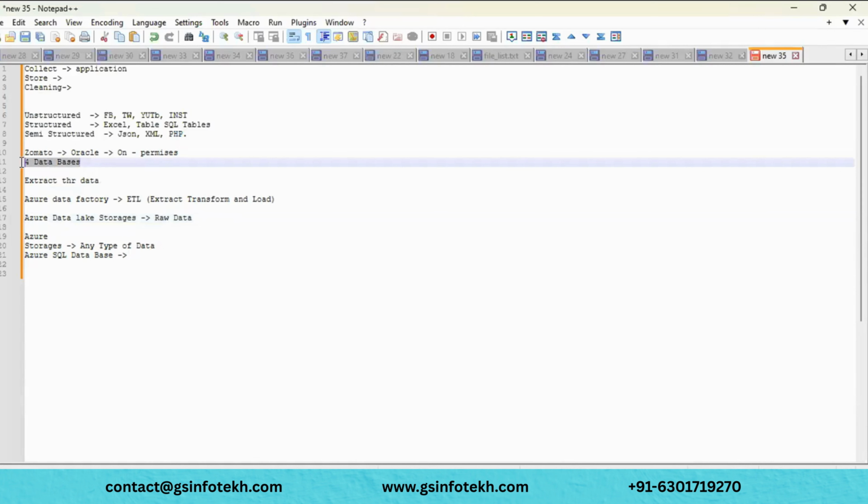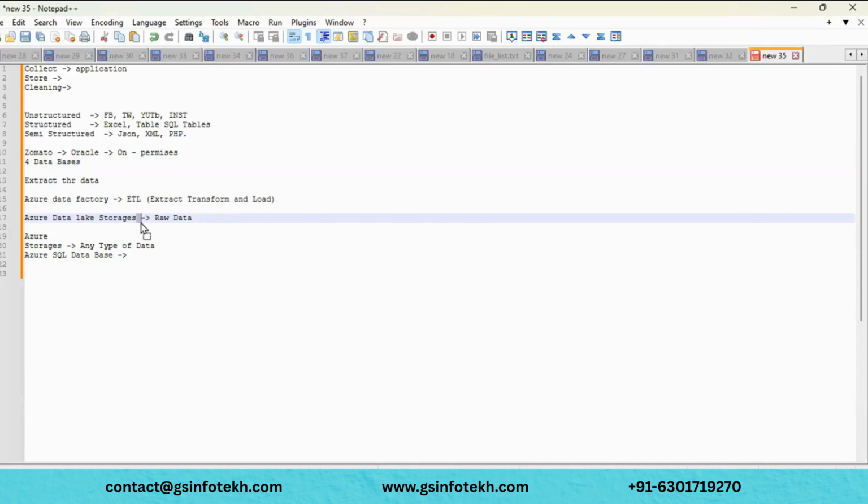Why? Because whenever you hit this database, obviously it will create some slowness, because whenever you are performing some transformation you would always need to hit this Oracle database, and that hurts performance. So we will extract this data from these Oracle databases during non-business hours and place the data into this Azure Data Lake.